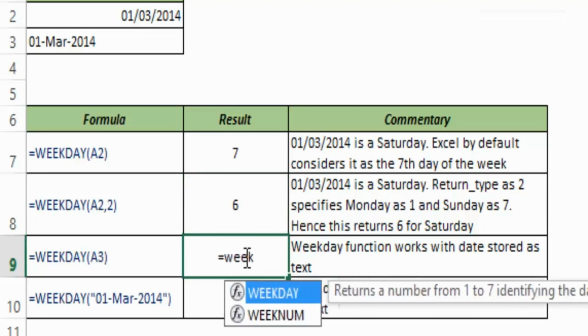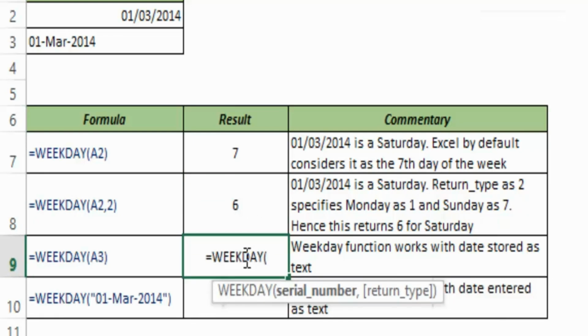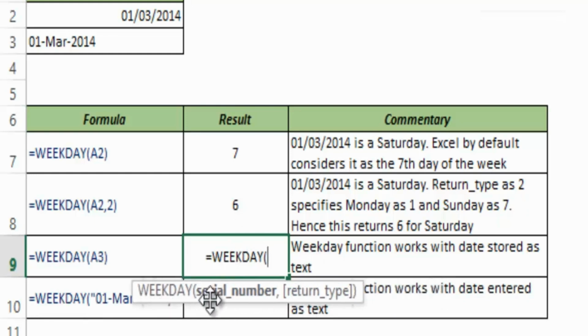Now the weekday function would also work with dates that are stored as text. As of now, you see that this says give me the serial number, and here I've said that this date looks like a date, but this is a serial number. But in this case, which is A3, this is not a serial number, this is text. But if your text is formatted in a way that Excel understands that this is a date,